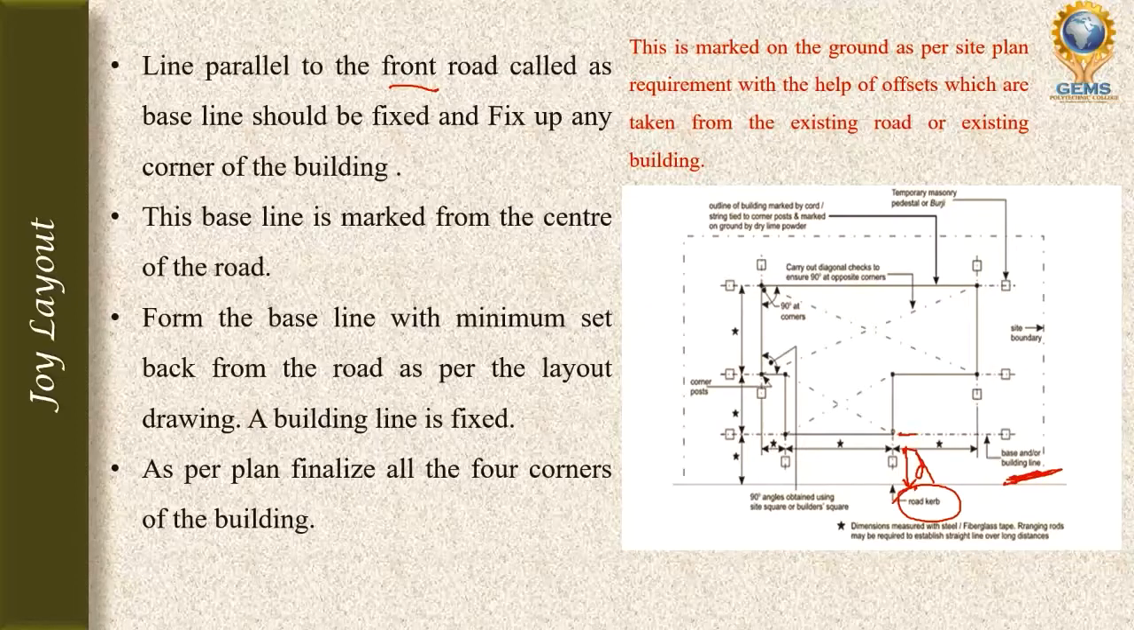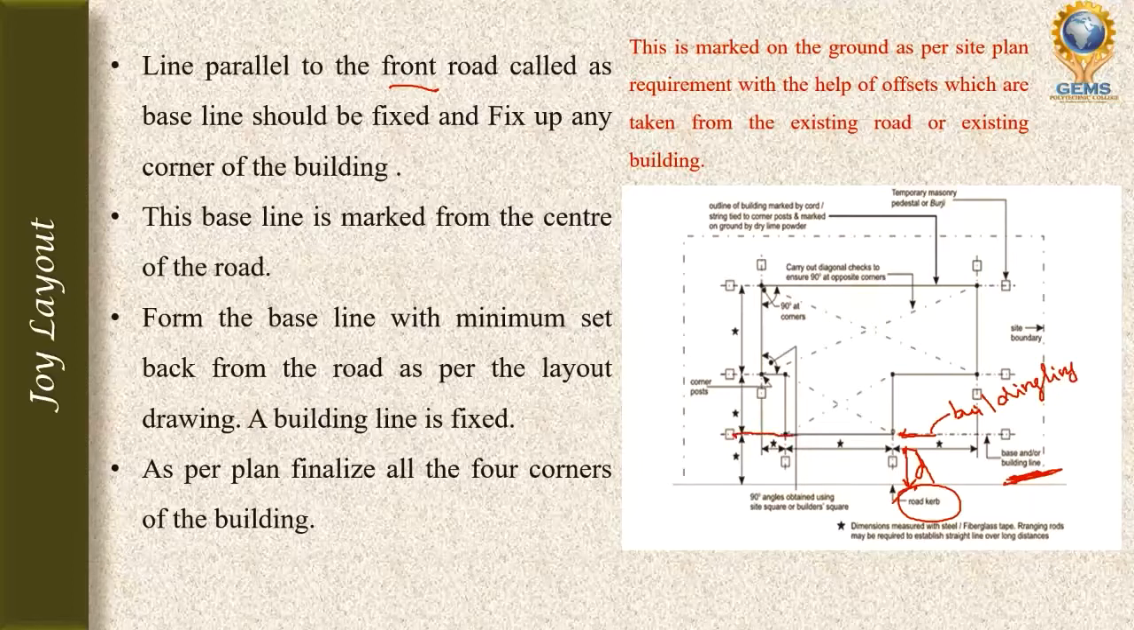So mostly the baseline and the building line are common. Once the building line is fixed, then we can fix all four corners of the building. This is how we will fix the corner of the building. See here, this is a baseline, building line, or baseline, building line. So this building line, we are fixing it